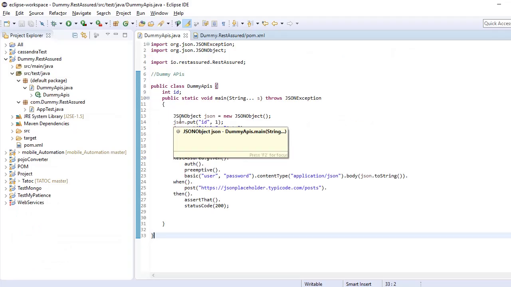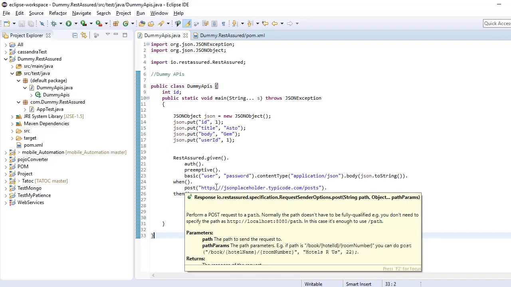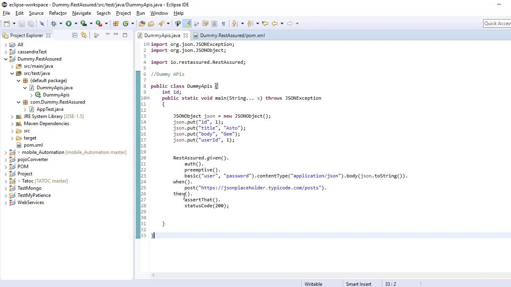So I've added the data in the JSON, and using the RestAssured class I'm calling auth, preemptive, and basic, where the username and password can be given, dot content type, application JSON, the content type of data which we are sending, and then dot body where we can send the JSON payload, dot when, dot post method where we are adding the URL, and then we can add the assertion that the status code we are getting is 201. And if we hit this API, we are going to get the results.